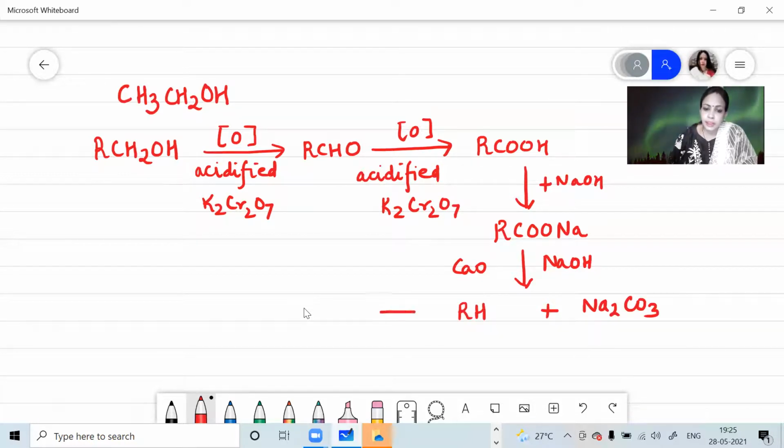Now this alkane, when it undergoes halogenation process, again it is a repetition of the property which we have done in our previous classes. Now this reaction takes place in presence of diffuse sunlight. It forms an alkyl halide because the halogen is chlorine. So you get chloroalkane. Now this chloroalkane, when it is treated with aqueous KOH, you get the required alcohol ROH.